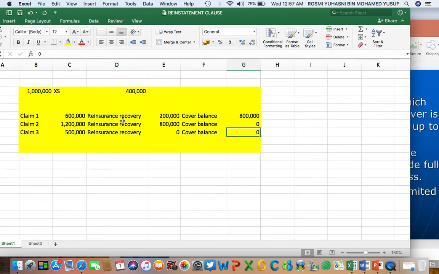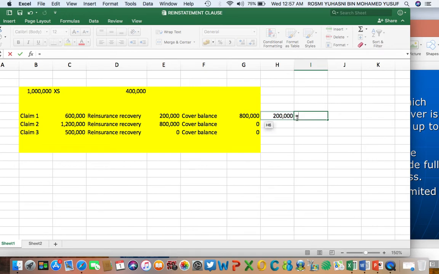For example, if the recovery here is 200,000, the insurer is allowed to increase back the 200,000. Okay, but it is not free. Sometimes it is free, sometimes it is not free. So if it is not free, the insurer will have to pay additional premium for this 200,000. So what is the formula to pay this additional premium? It is simply